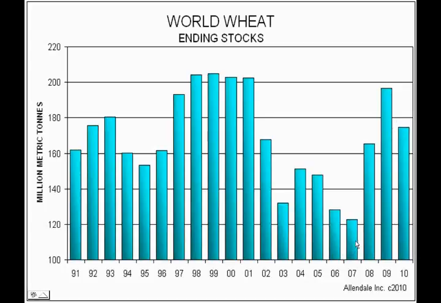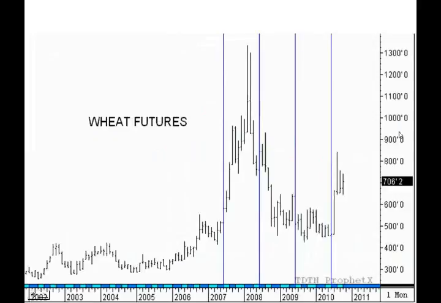One thing to point out about this wheat, 2007 was a very, very tight year. We've picked up stocks here since then, and we're taking a slight decline. In terms of prices, since that 2007 marketing year, which is between these bars, we had those very high prices. And as I said, stocks increased over the next couple of years. So prices fell, and right now we're just bringing it up slightly due to that small stocks decline. So wheat is doing what it should be doing as far as stocks go.